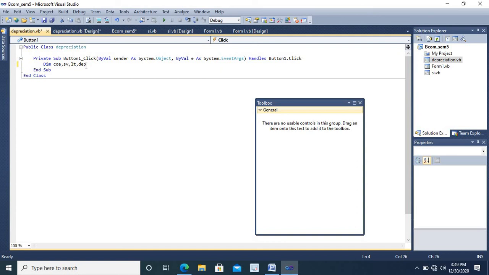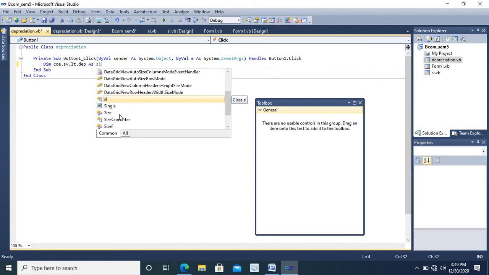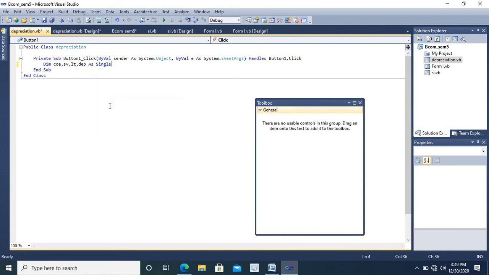We need to mention the data type, so we will be using the data type Single, which allows us to store the decimal values in the variables.